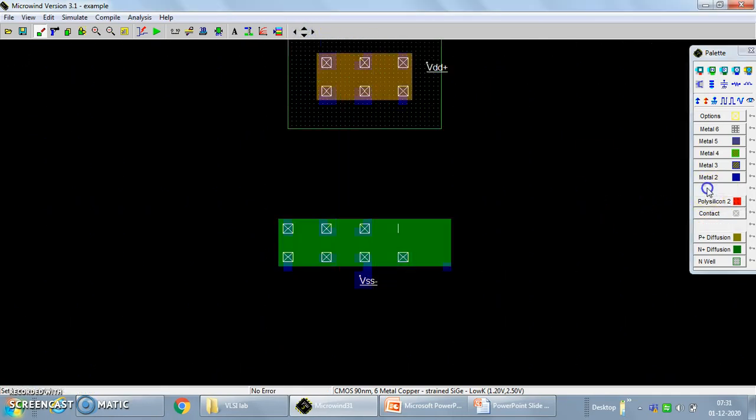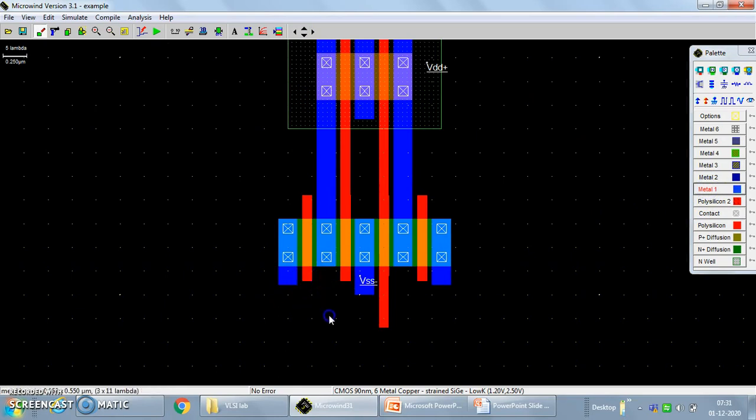Now let us extend the metal layer over here so that we can join these two. Okay, so the cross-connected inverter connections are done.